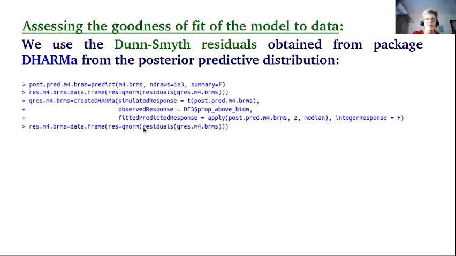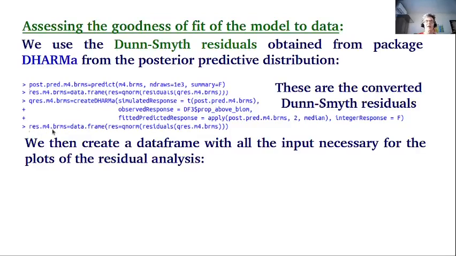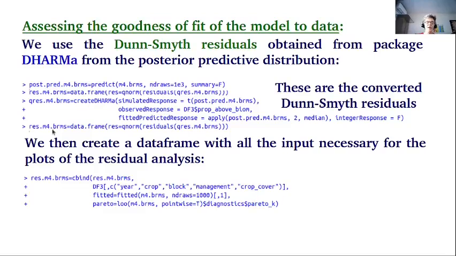These Dunn-Smyth residuals are transformed to have a normal distribution and stored, and then we create a data frame with all the input necessary for the plots of the residual analysis. They include the explanatory variables, the fitted values, the mean of the fitted values, and the Pareto K coefficients